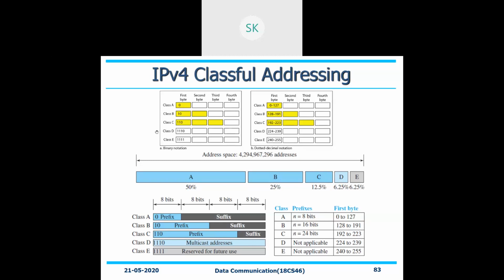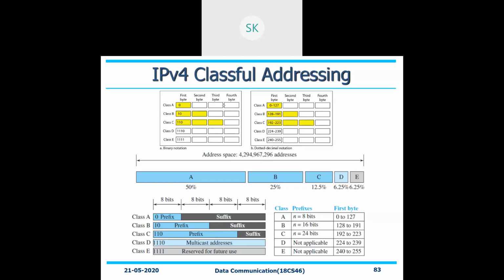In each one of them, in class A, the first byte will be reserved for your network ID, and the remaining 3 will be used for your host IDs. For representing your host ID, this will be the representation. The first one will represent your network ID. What is this network ID all about? Network ID is nothing but the total number of networks you can have in that particular region. What is the network that you are connected with? Everything will be explained in detail with respect to your first byte. The remaining 3 bytes of class A will be left to the host.